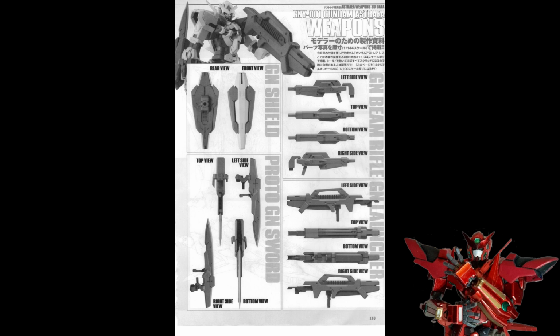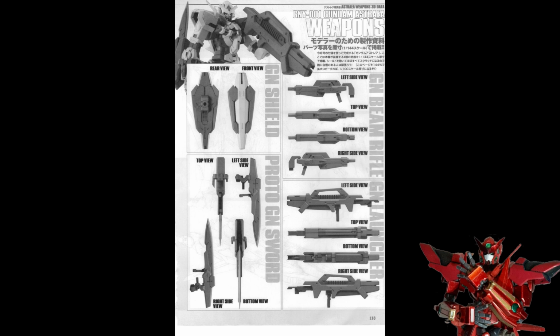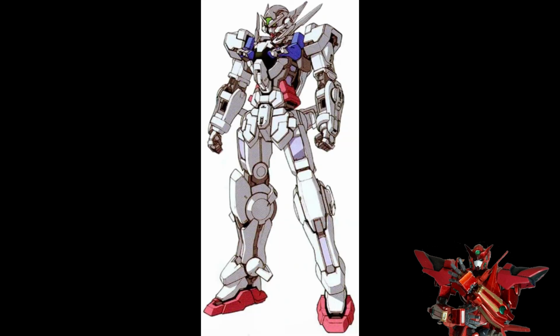The Astraea tested some of the beam weaponry itself, like the GN beam rifle, and the GN launcher, which eventually gets developed into the GN bazooka that the Virtue uses, and other machines as well later down the line. The GN proto sword eventually gets developed to become the GN sword for the X as well, along with more beam type weaponry, and upgrading and working on different types of GN